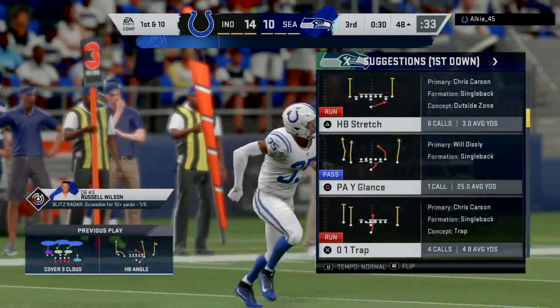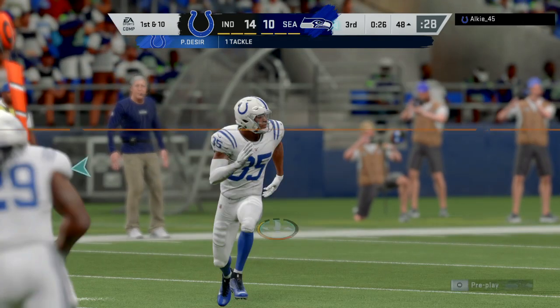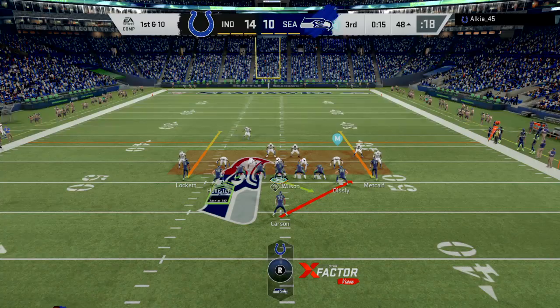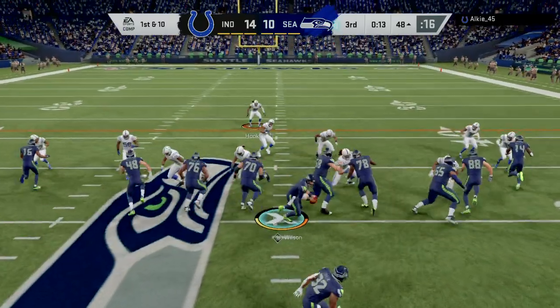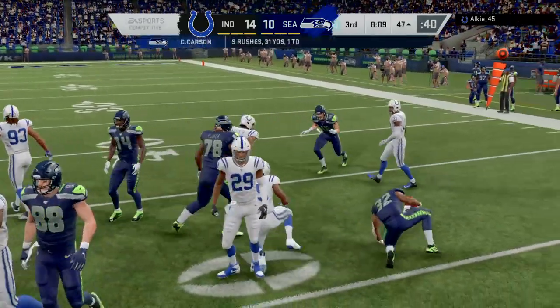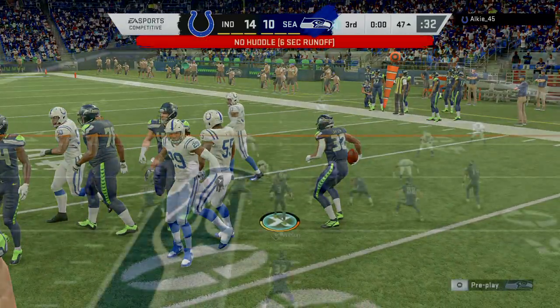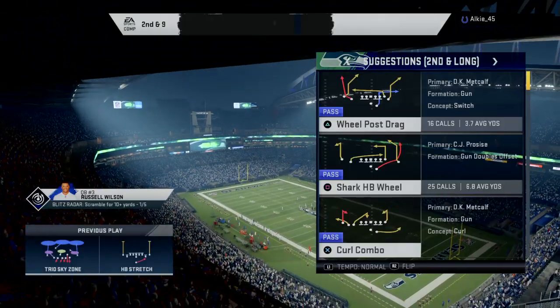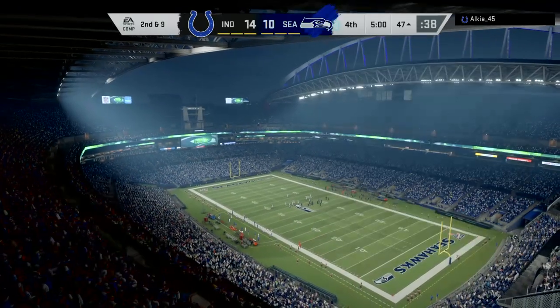That was a nicely run slant route, and what the receiver's trying to do is make the defender think he's going upfield for a deeper route and then breaks it off, usually after about 3 to 4 steps, and cuts it towards the middle of the field. And now what he's trying to do is use his body to keep the defender away from the football and get the quarterback a really nice target. Just a yard on the pickup there, and it'll bring up a 2nd and 9.